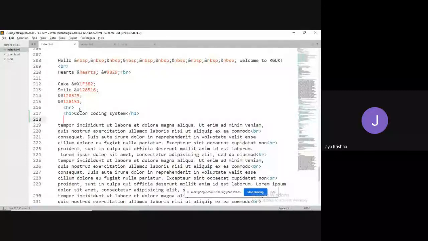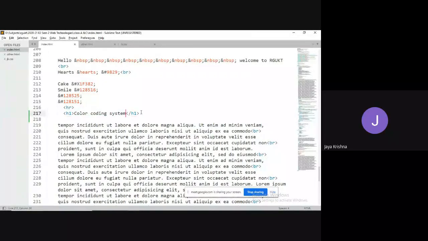So for that, definitely we need to apply some kind of colors to parts of your web page. So we need to know how to apply colors to our web page. To apply colors, we need to understand the color coding system.